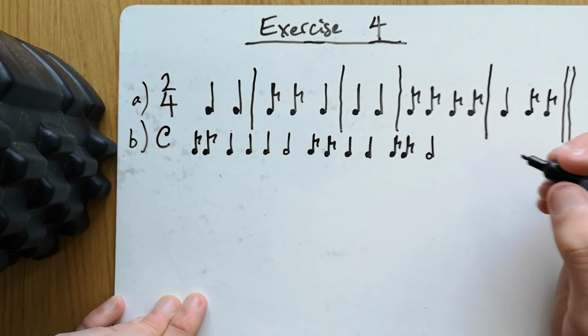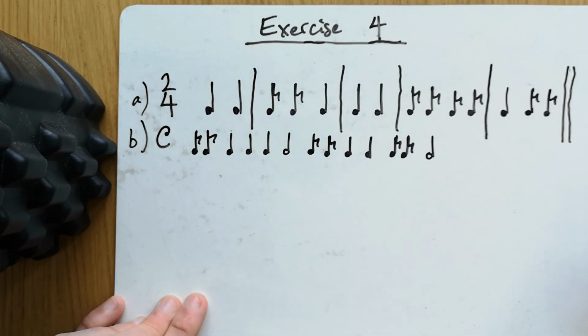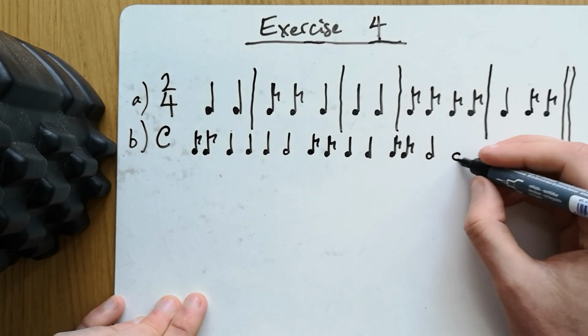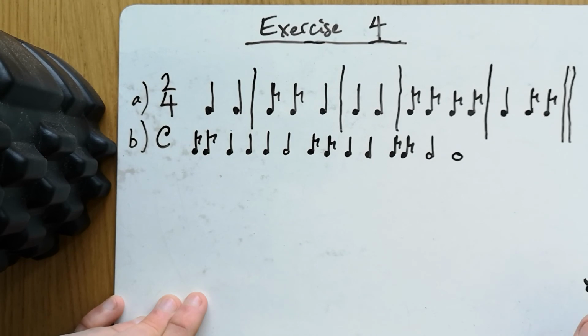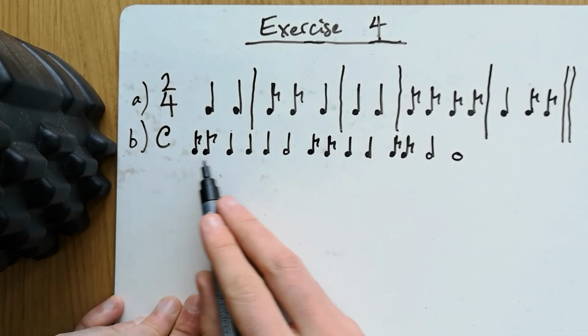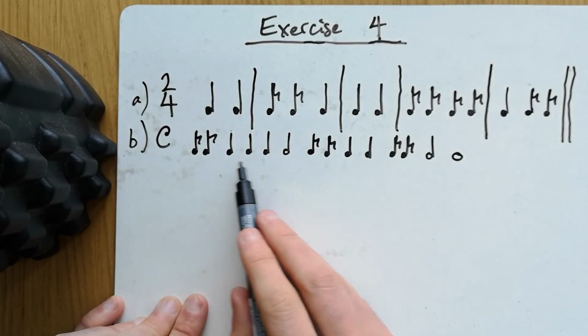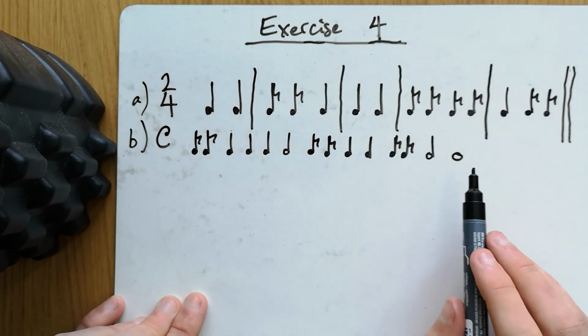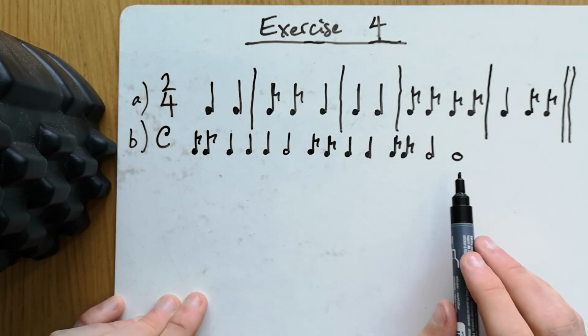Let's see, what do I want to do next? Let's do a semibreve there. Okay, so draw in the missing bar lines. For example, B, copy it out. So you've got that in front of you, and then put in the missing bar lines. Okay, so remember how many